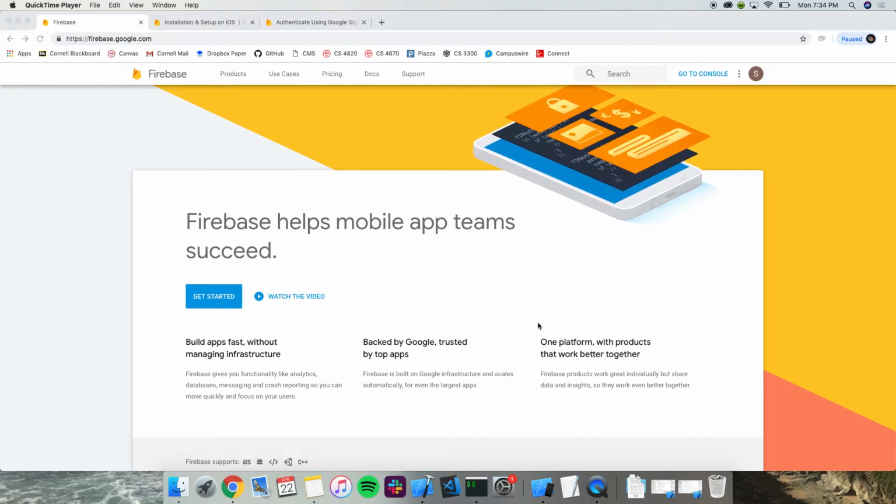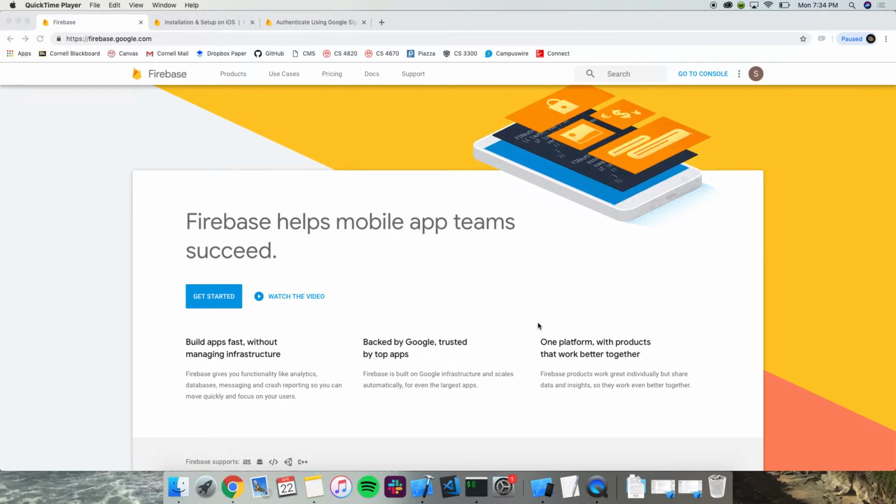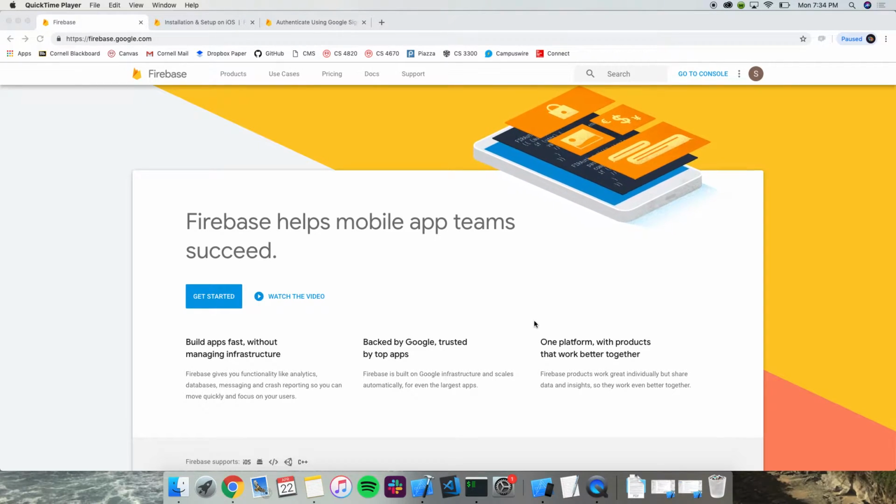Okay, so what is Google Firebase? You might have heard this term. It's a pretty big buzzword these days. What it is, is an abstraction. Now you know how to make an iOS app, right? But you might not know anything about backend. Firebase provides an abstraction. You don't have to write any backend code, really, and you can pretty much have a backend, if that makes sense. Firebase provides services like authentication, a database, etc. And you don't have to worry about running or managing a server. Google does that for you. So that's what Firebase is.